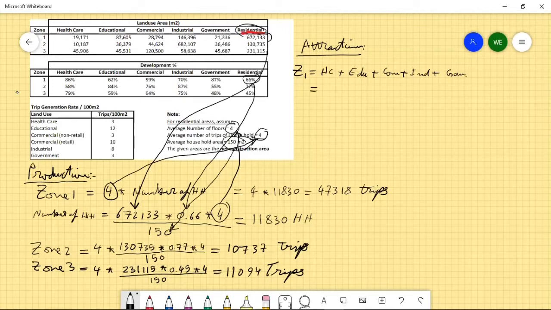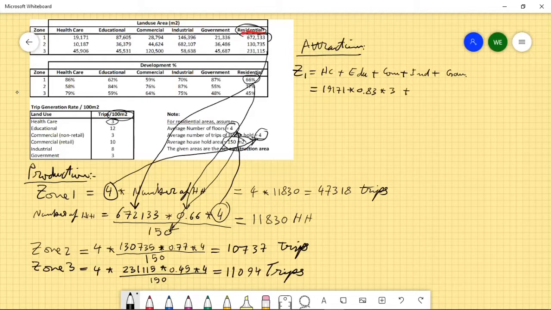Okay. So the attraction for the healthcare, we have 19,171 multiplied by what is the percentage of development? 0.86. And how many trips generated for the healthcare? 3. And remember, this is per 100 meters. Okay, so all will be divided by 100 meters. So the total number will be divided eventually by 100 meter. Okay, so this is multiplied by 3 plus,